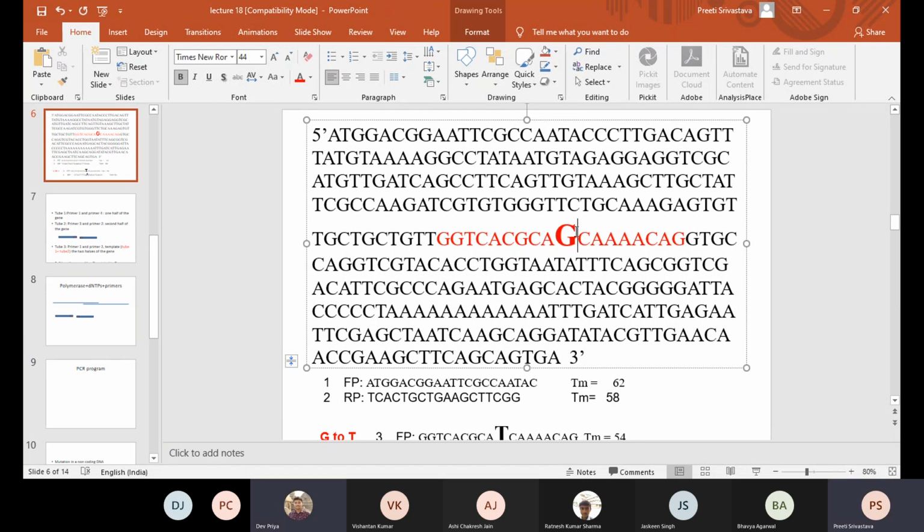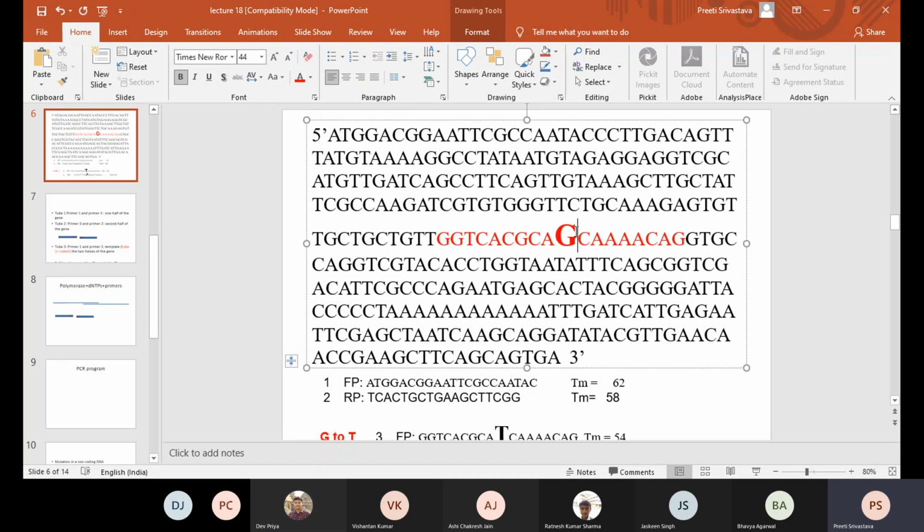Ma'am, we develop primers, like primers 3 and 4: one would be before G and one would be after G. A reverse primer for before G and a forward primer for after G. And you will remove G from the primer sequence and then develop the primers. Exactly. Very good, very good.